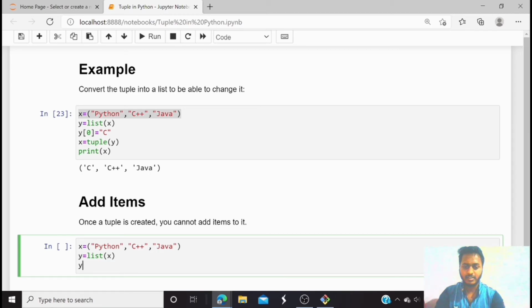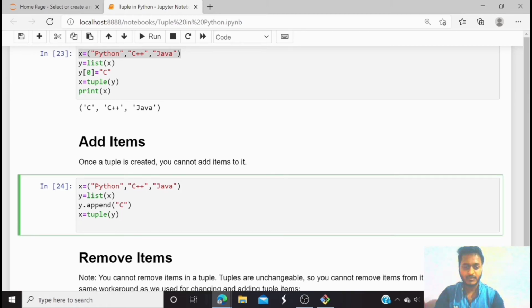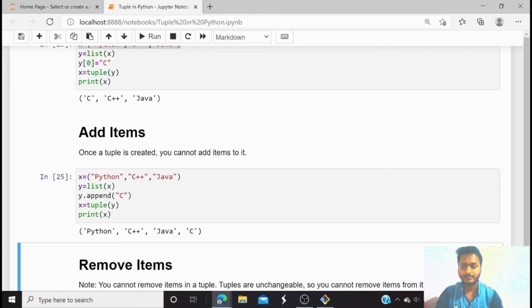Now I am appending, Y dot append, C language. Now the C language is appended into the list Y. Now I convert it into a tuple using the tuple constructor. Now let's print the tuple X. Here you can see C is added into the tuple X. In that way we can add items.